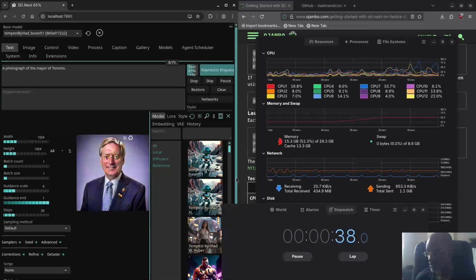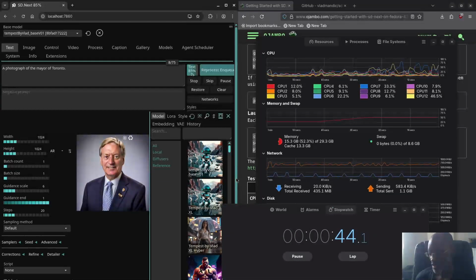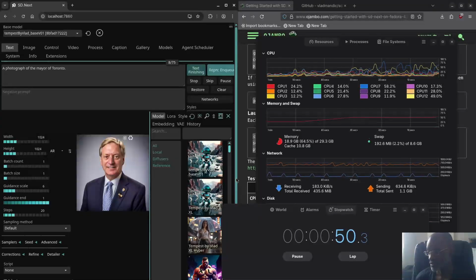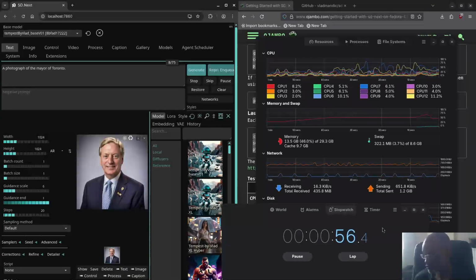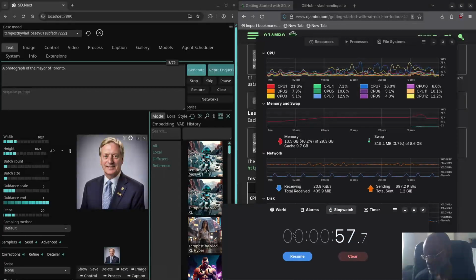Still going, 60%. Okay, I think OBS is slowing it down. It would take 44 seconds or less. And look at that, it's finishing up. And there we go. It took about 54 seconds. And you see the memory went up. It was 8 point something, and the memory went up to